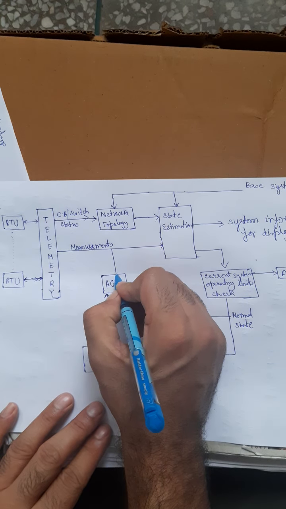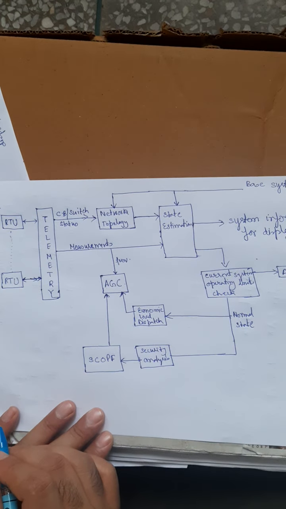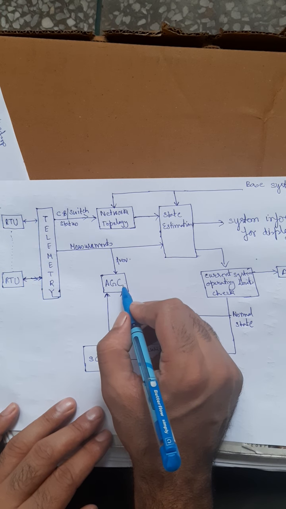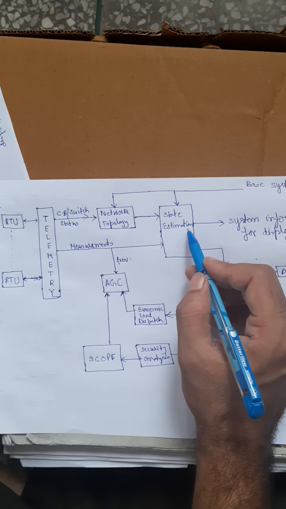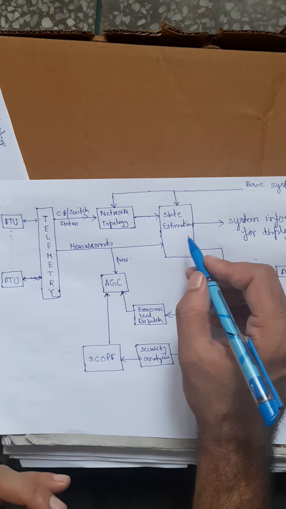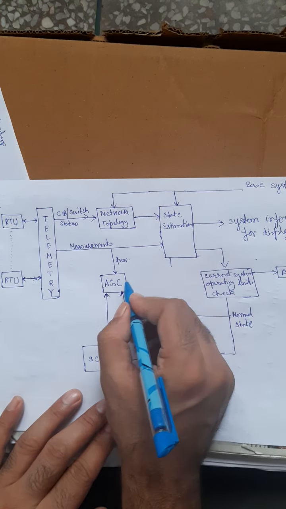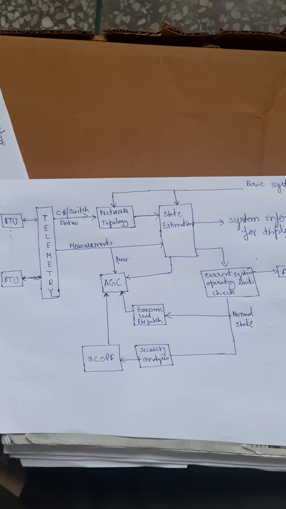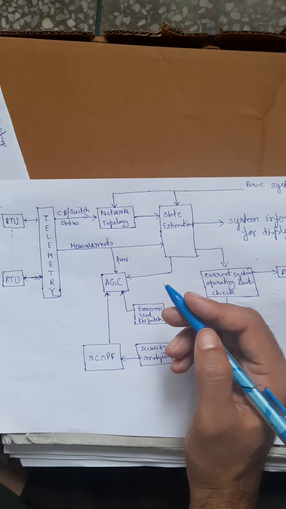One of the measurements that goes to this AGC is frequency. The measurement comprises voltage, delta, frequency, and many other things. Frequency will go to the AGC, and the tie line power flow will be calculated from state estimation. Because we know V and delta, we can calculate the power flow in the line, what is P, what is Q. We can check the line loading, everything. So the tie line power flow calculated from state estimation goes to the automatic generation control problem. Based on the load frequency deviation and tie line power deviation, AGC will take stable action.